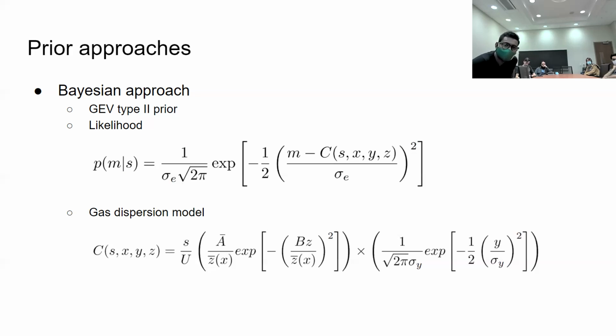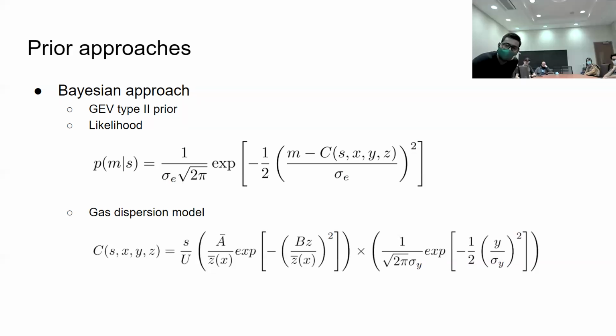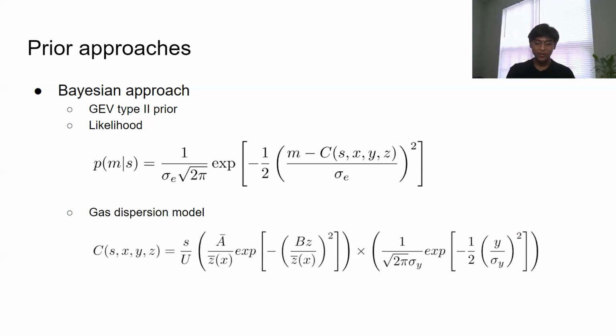Can I ask a quick question? Of course, yes. What is X, Y, Z? Are these the three-dimensional coordinates? Yes, the X, Y, and Z are the locations, the coordinates of the location where the data was collected in an oil field. And these coordinates are relative to the oil well location or the leak source location that is being considered. Does that answer your question?